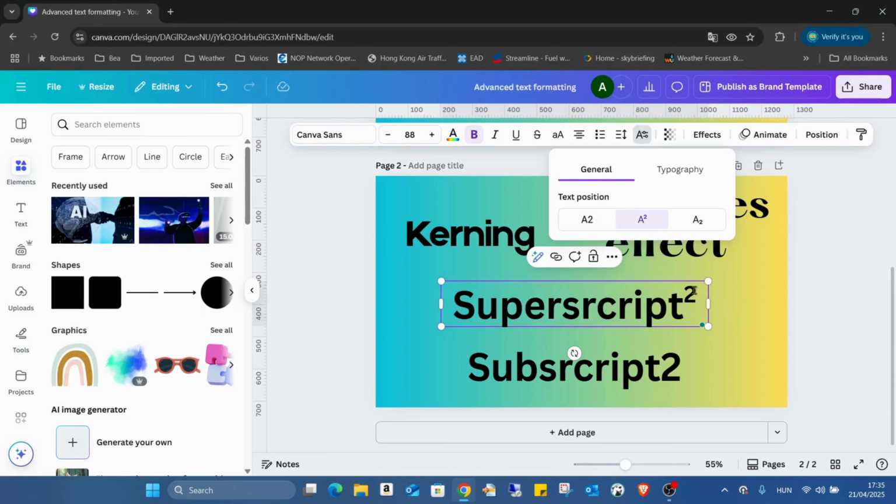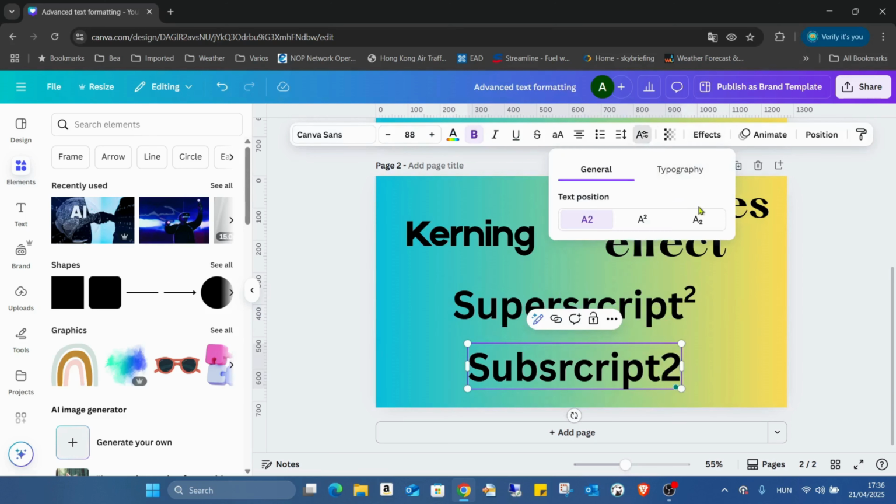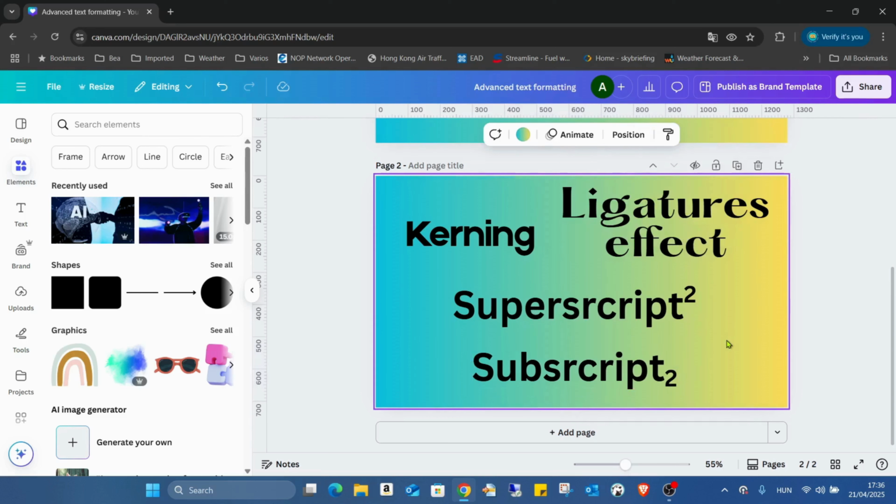As you can see, it's jumping to the top. And if I do the same with the number 2 for subscript and click on subscript, the number 2 moves down. So from now, it's very easy to play with these small things. They're really small things, but